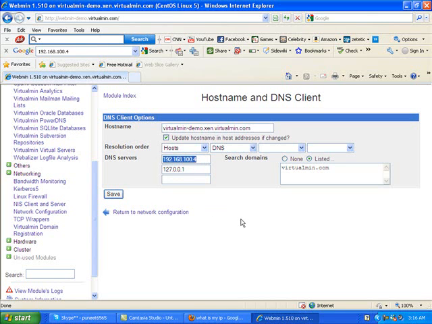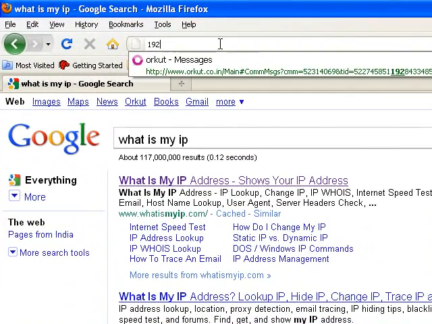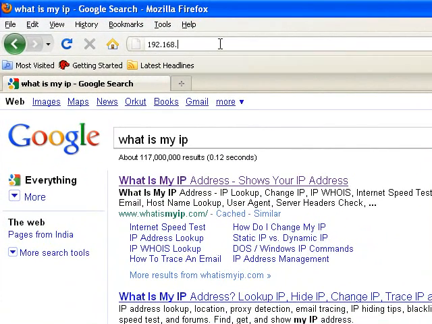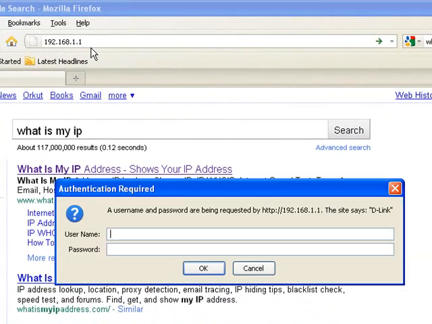and forward your ports in your modem, like type 192.168.100.1 or it can be 1.1.